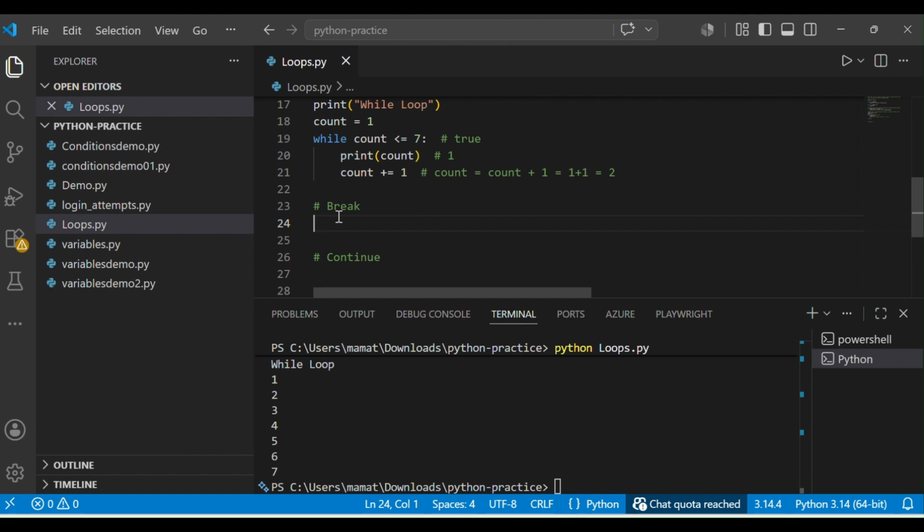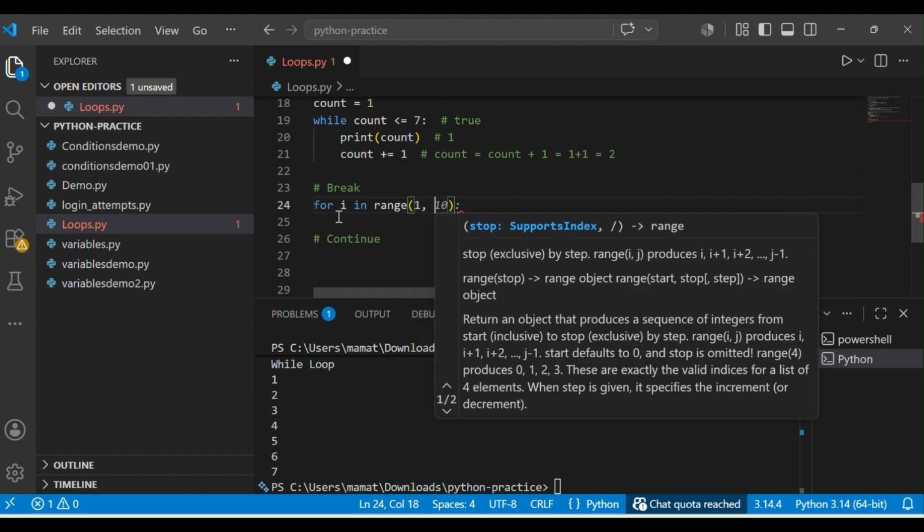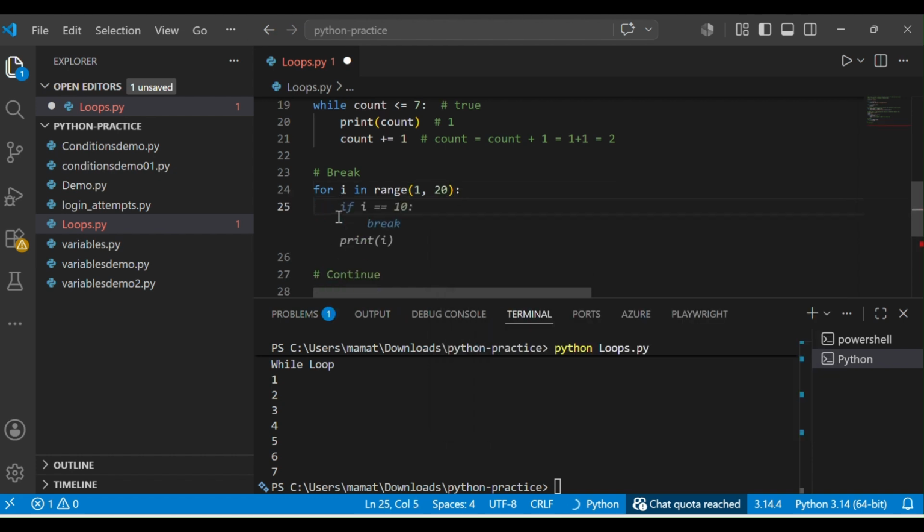So at that time, what I can do is take the for loop, for i in range. Here I'll be having the total users from 1 to 20. In this, I want only the 6 members. So before I write the print statement, I can write a condition: if i value is equal to 7.